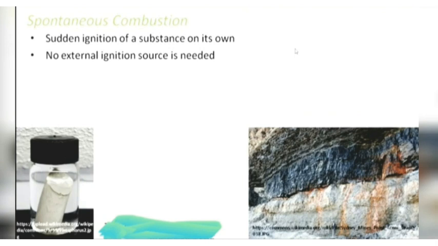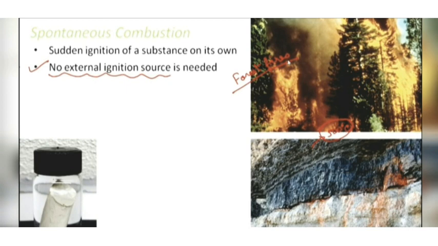on its own. That is exactly what happens in the coal mines, due to which these coal fires take place. When the temperature increases too much there, the coal catches fire, and that is an example of spontaneous combustion. So the important difference between rapid and spontaneous combustion is that in rapid combustion, an external source is needed. In spontaneous combustion, the substance undergoes combustion on its own. No external source is needed.